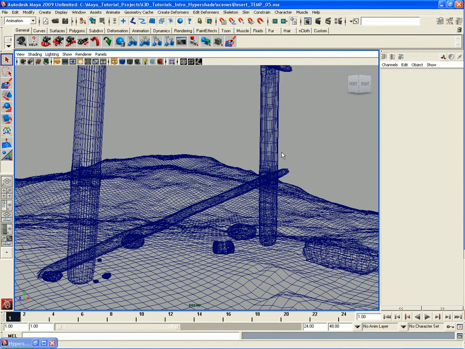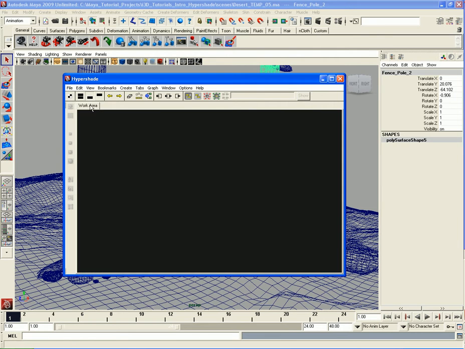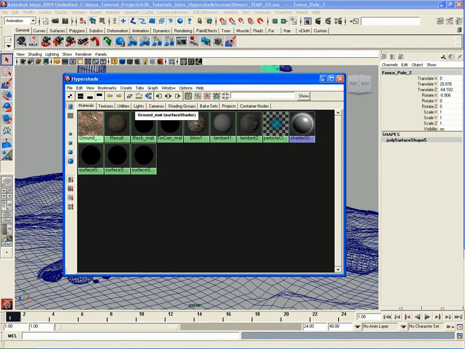So I'll close the render view window, won't need it for the moment. And I'll select this wooden fence pole over here, and we're going to start off by giving this one a sort of wooden type material. So let's do that. Let's go to the Hypershade, and we'll switch from the work area. We'll go to the top tab here so we can see all our materials,